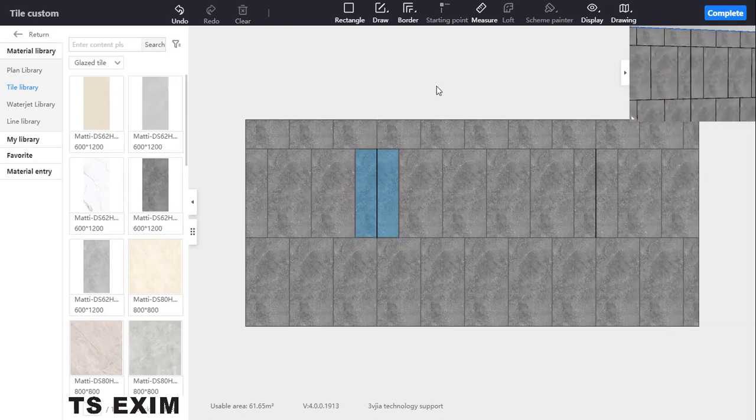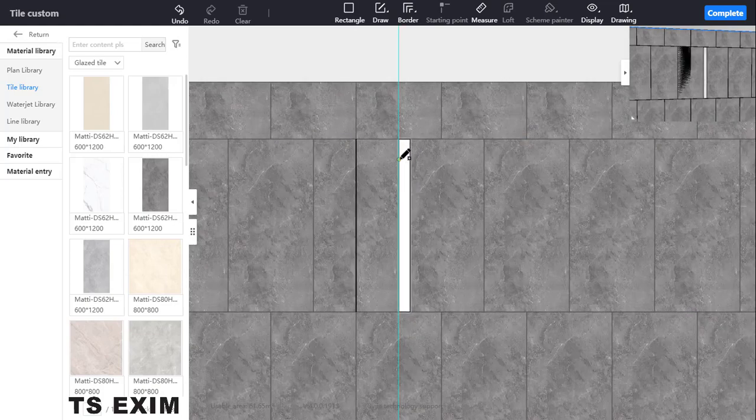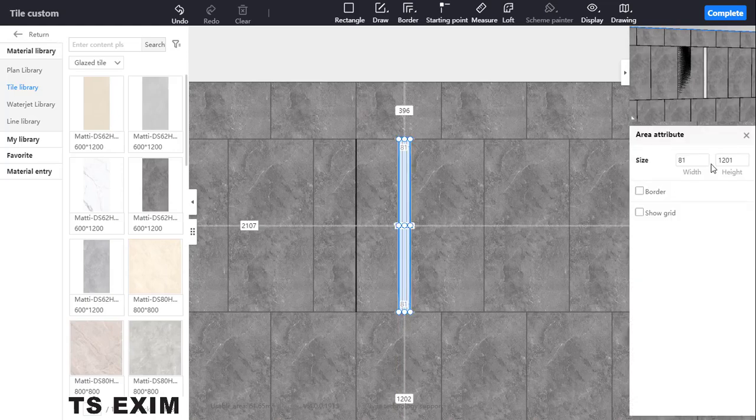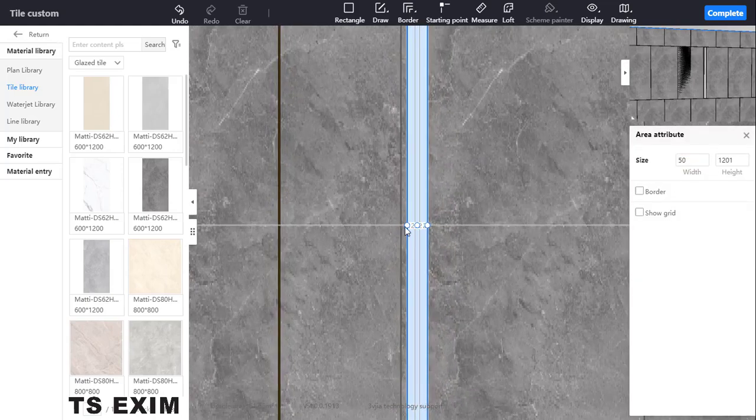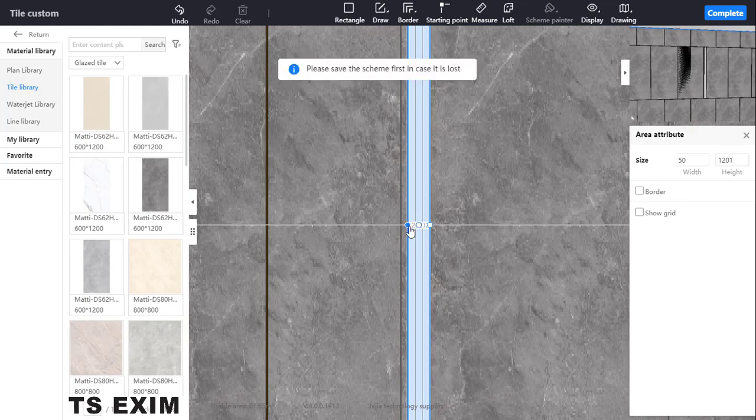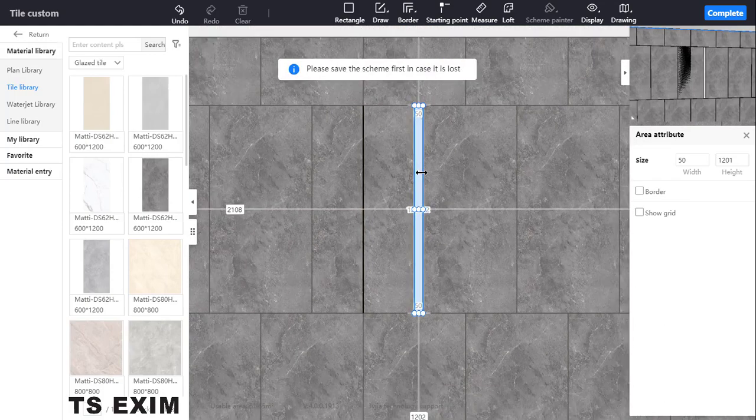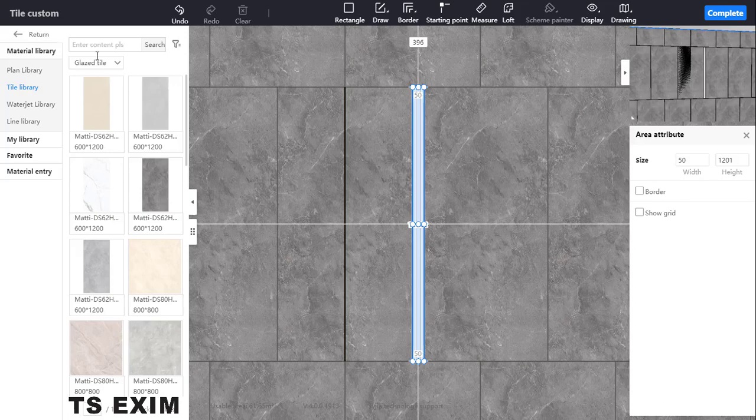Besides this method, you can also use this other method. You can just draw a rectangle here. How much is up to you, the size. Maybe this one I put 50. Here I move it here. Then here you just put gold